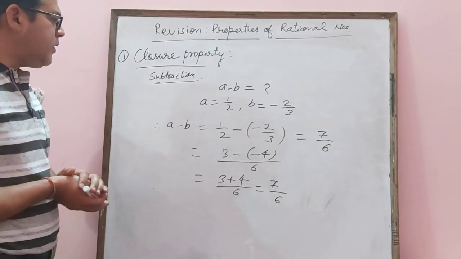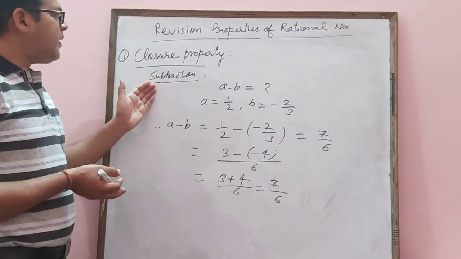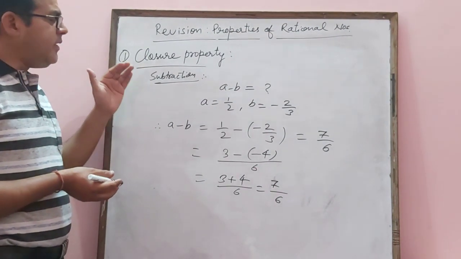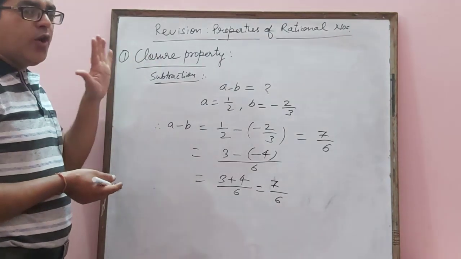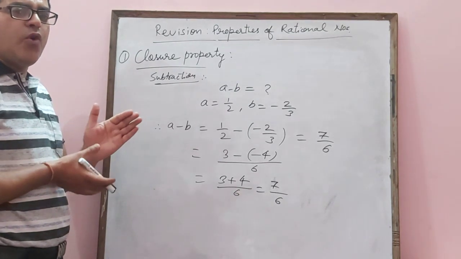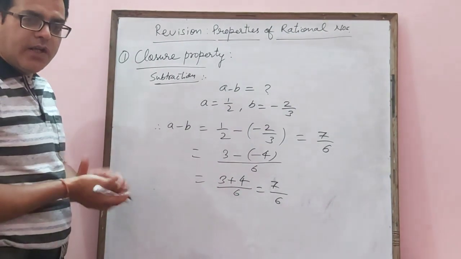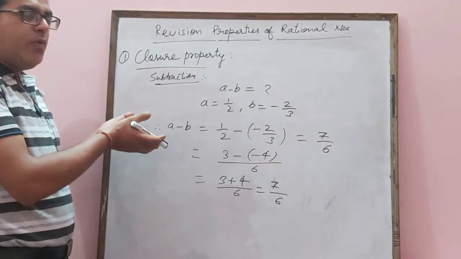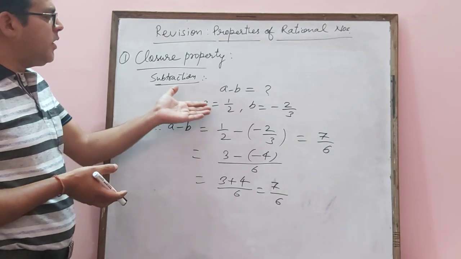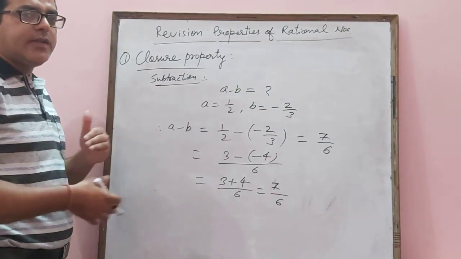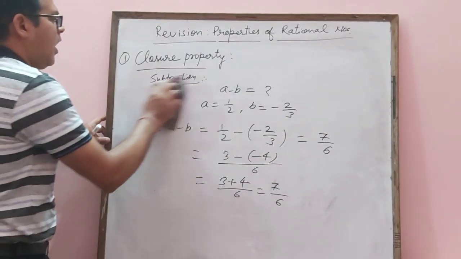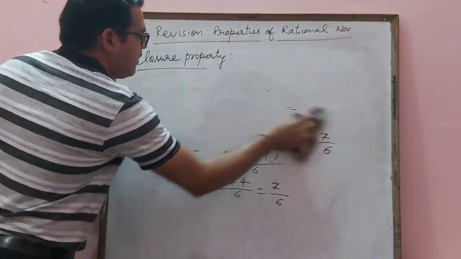So the conclusion is that subtraction of rational numbers is also a closed operation. It means it also satisfies the property of closure, which says that if you subtract one rational number from another rational number, we will get a rational number, which is true here. We can prove it by taking this example. You can take any values in place of A and you will get a rational number each time. Now we will check this property for multiplication.